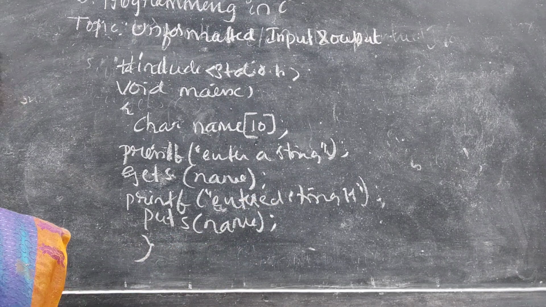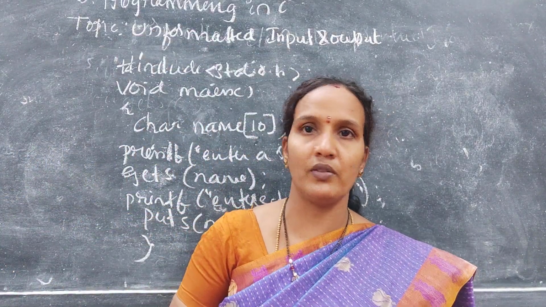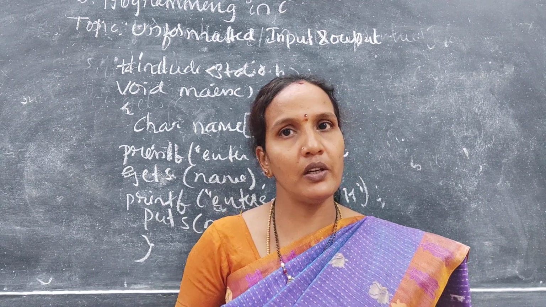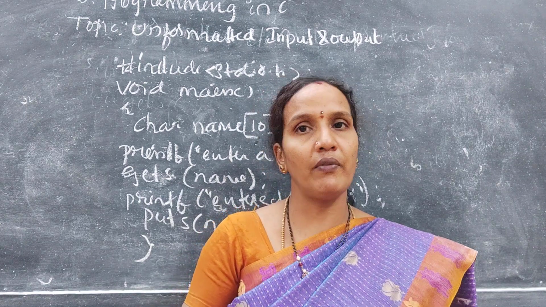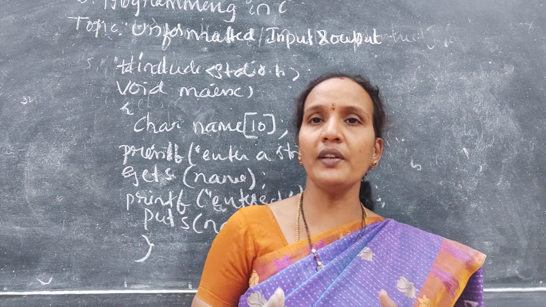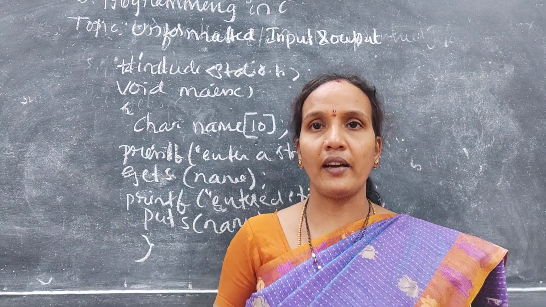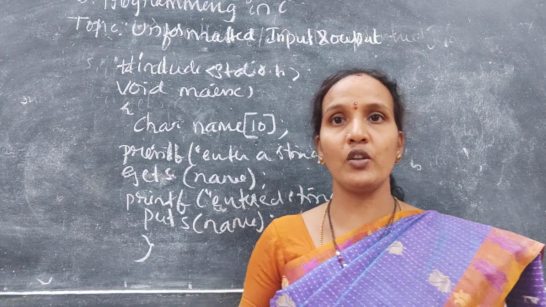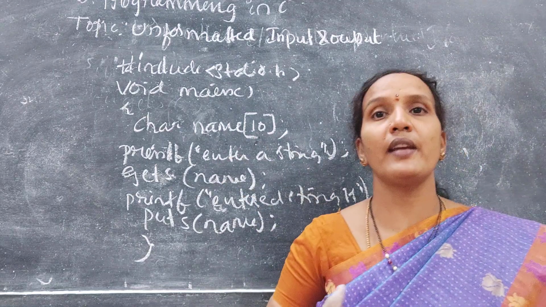Okay. Whatever you are collecting from a user, that is the input. If you are collecting a single character from a user then we'll use the getchar function. If you are collecting a string from a user then we'll use gets. Here %s stands for the string. A string is a collection of characters. So however many characters you are going to take from a user, that size you must give. That is why here I am giving 10. It means from a user I am going to take 10 characters.